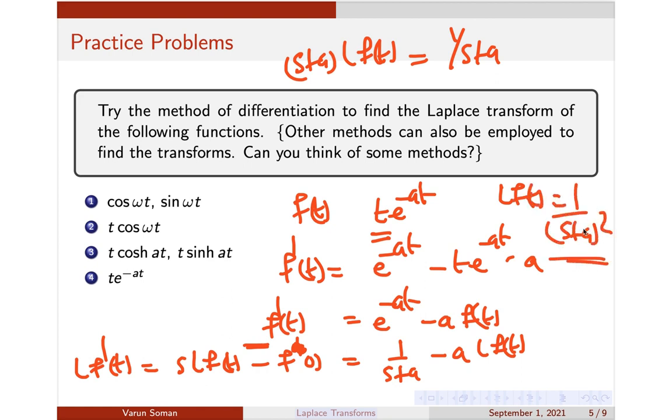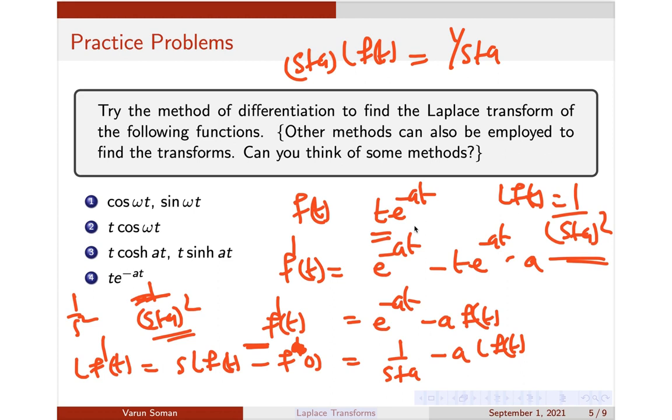Okay, you can also find the transform of t e raised to minus at using the shifting theorem. So in that case, your transform of t is 1 by s square, but because of the factor of e raised to minus at, it will become s plus a, that is 1 by s plus a the whole square. So that method also you can find it out. Don't use the differentiation method if you can find it using other methods,